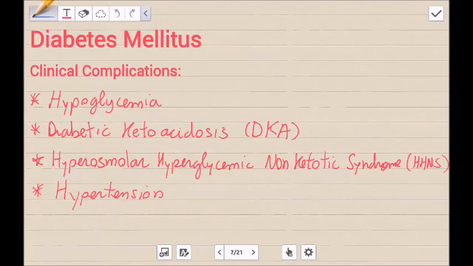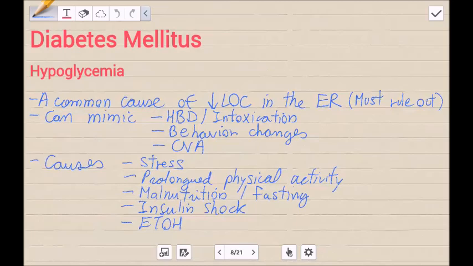So some of the clinical complications that we will be covering in this video will be hypoglycemia or low blood sugar, diabetic ketoacidosis or DKA, hyperosmolar hyperglycemic nonketotic syndrome or HHNS, and hypertension that is caused by or a result of diabetes. So hypoglycemia is a very common presentation in the ER, patients who come in drowsy or with decreased LOC, and